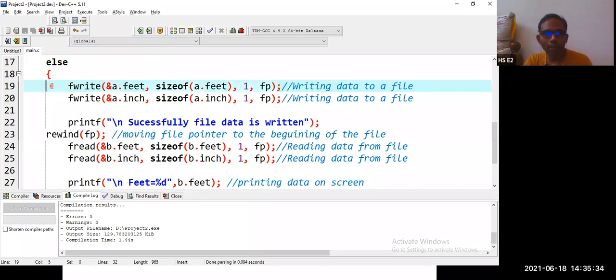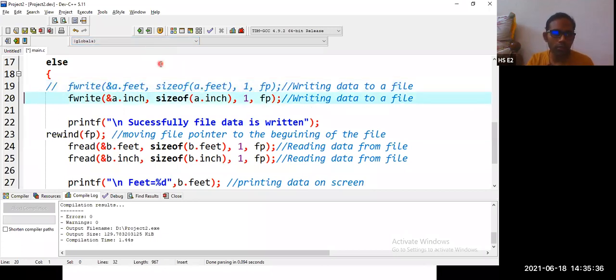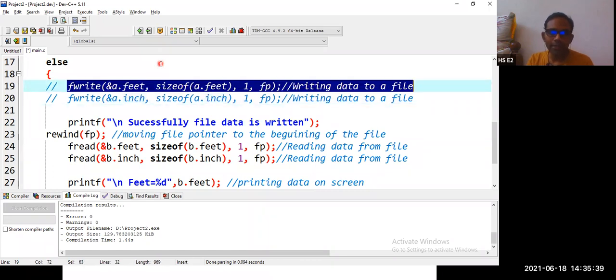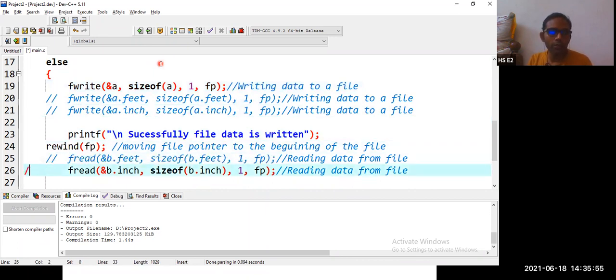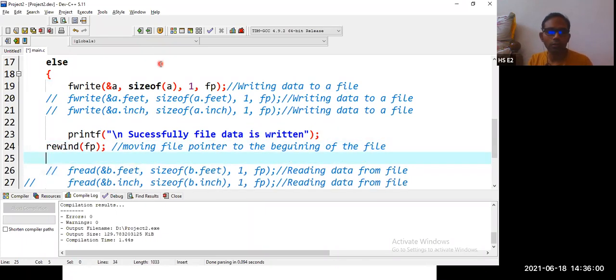Sir, what is the advantage? Let me try one line of code. I'm commenting these two. What we are doing here: instead of writing a.feet, we want to write only a value. Let us see whether it is working fine or not. Similarly, when we read, instead of reading two values individually, let us try, because it is a structure, fread %b, then size of b, then file pointer.